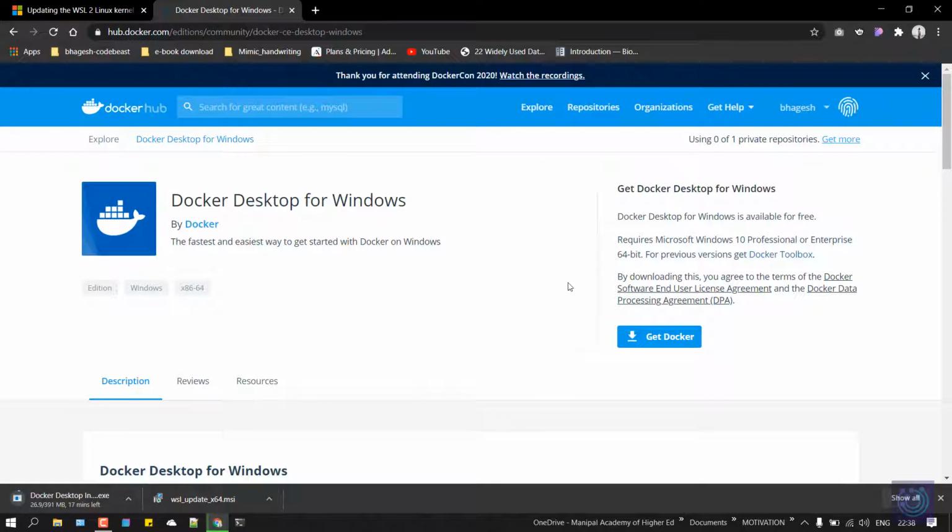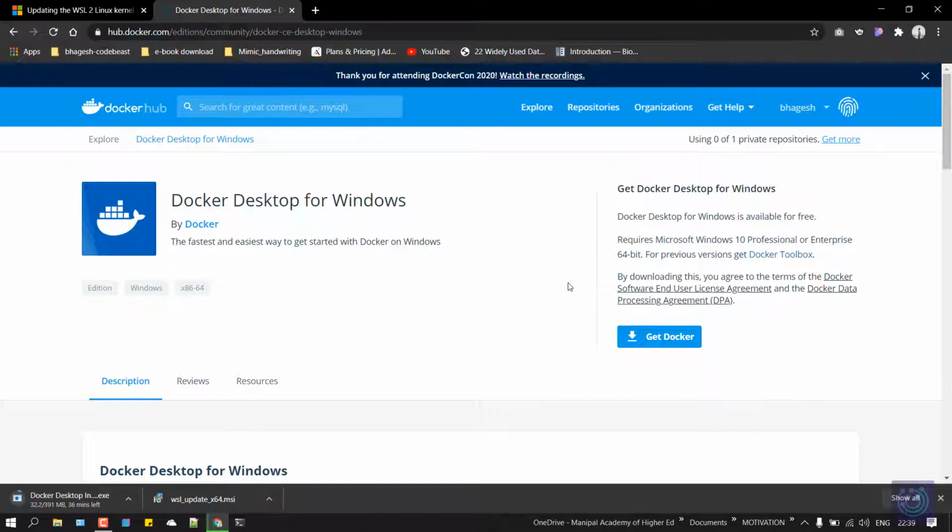So Docker is basically a containerization tool. It'll help you to containerize most of the applications which you use in your system. This makes your life easier when you're migrating from one system to another and you're setting up certain environments. Your needs are you have to install multiple applications one after the other.